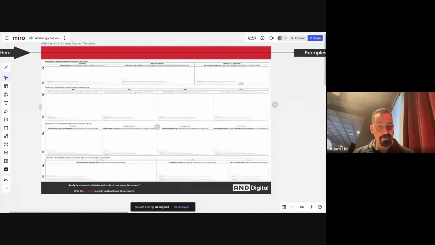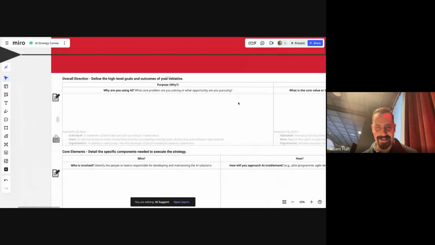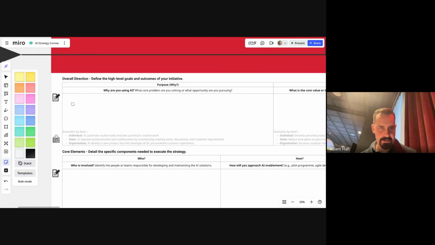Okay, so hopefully there are people online who are able to see this. What I'm going to do is share a tab and go through an AI strategy canvas myself. You can watch me, and you're welcome to join in. Just unmute yourself and start joining. That's cool. So I'm going to work on a personal AI strategy canvas. Here we go. So why am I using AI? I'll come up with some ideas.